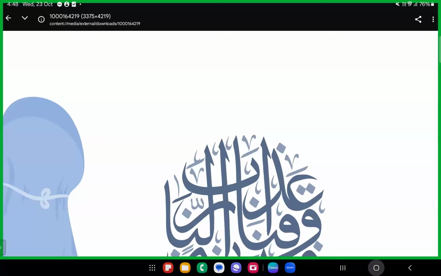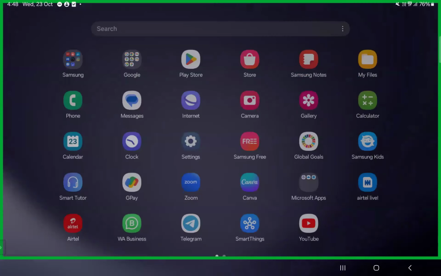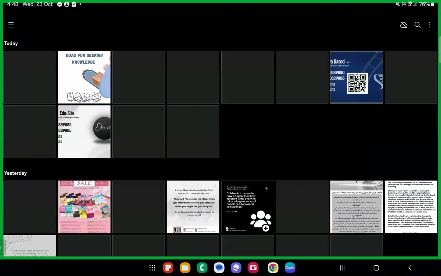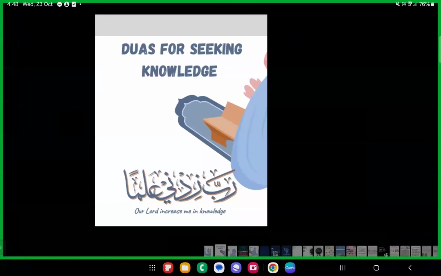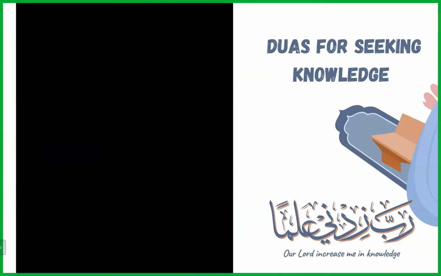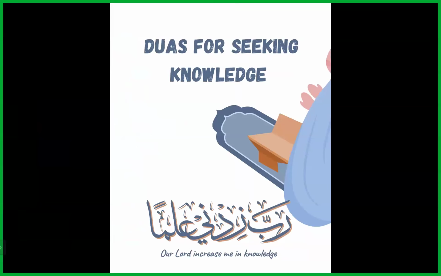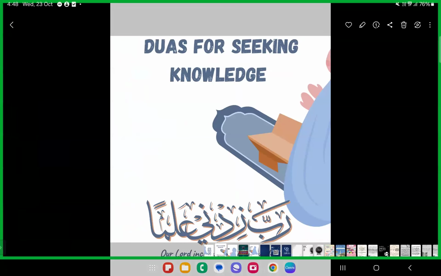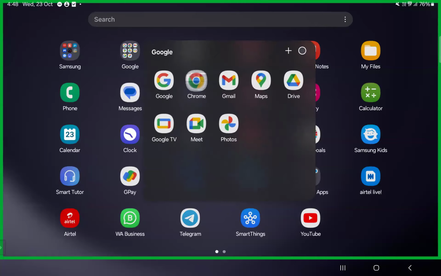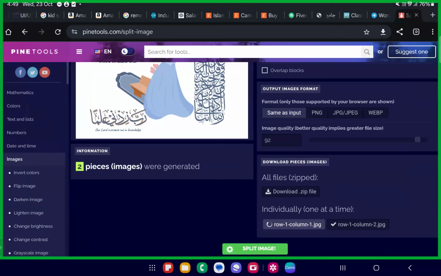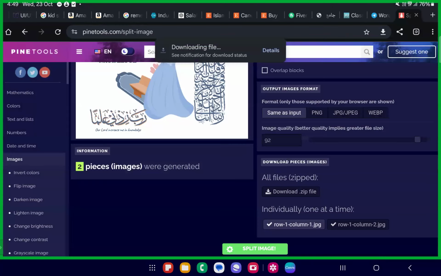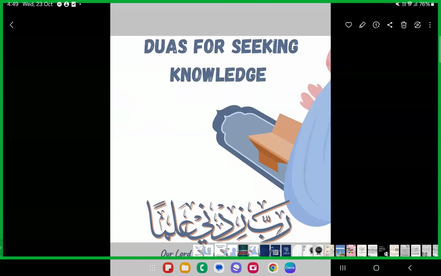So now, when you see this in the gallery, you will understand what is being done. Okay, I'll just show you on the gallery. The very first one. Okay, so this is here. This is the first image, and this is the second image. Okay, you will understand it when it is being put up in this fashion. Just a moment, I'll show you. Okay, our Chrome will just visit. Okay, we'll download this again. Alhamdulillah. Okay, we'll go back to the gallery.